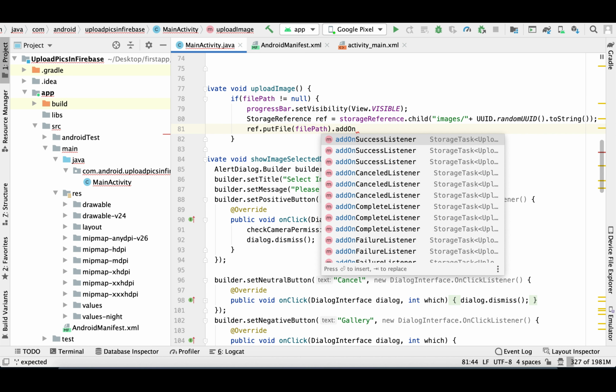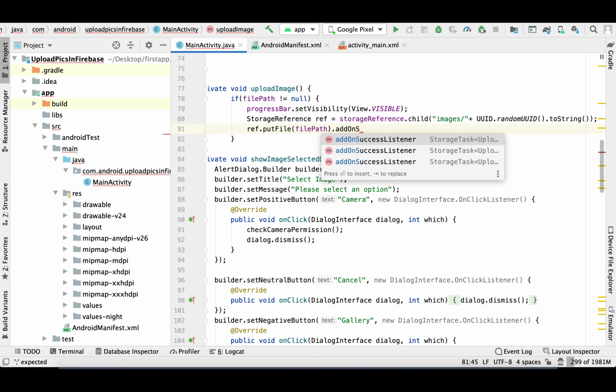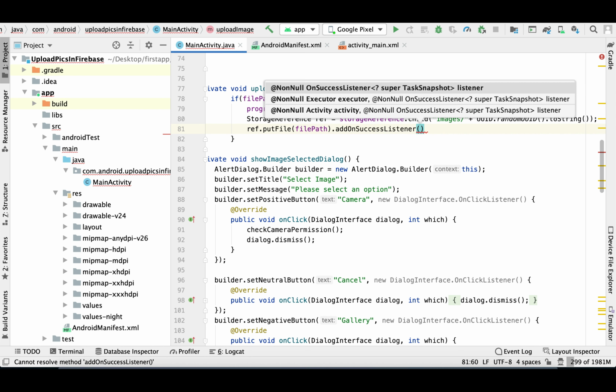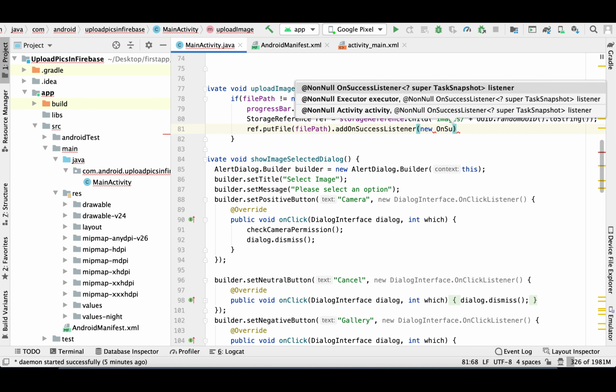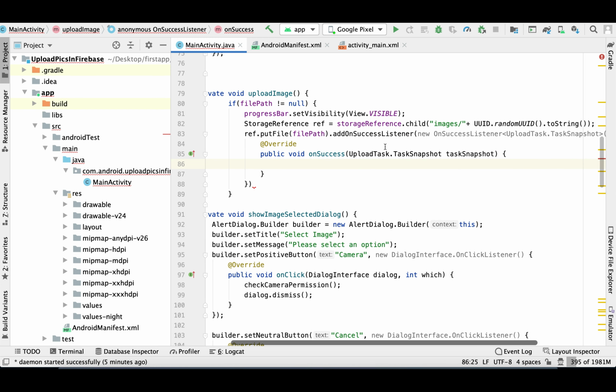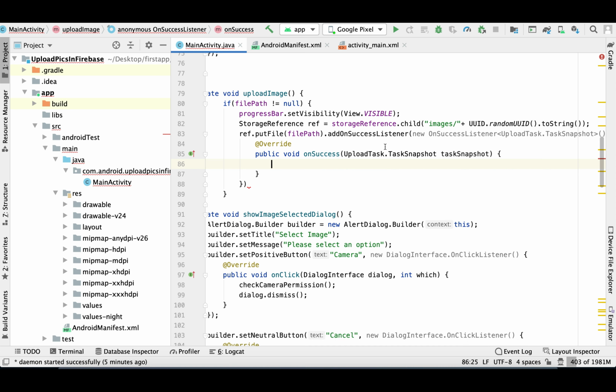Now we need to add our listener, success listener or the failure listener, so that we should get to know our image is uploaded successfully or it failed to upload. And now we need to add another listener on our get download URL.